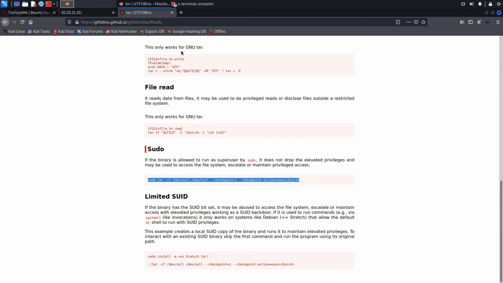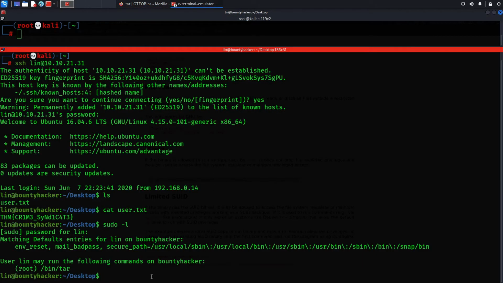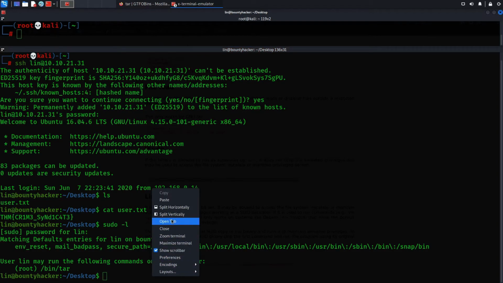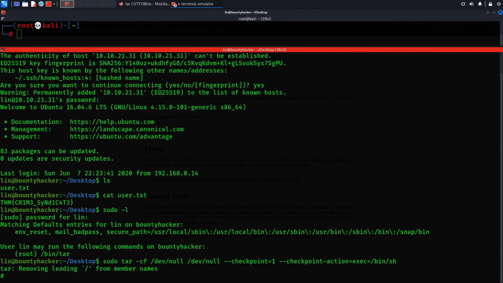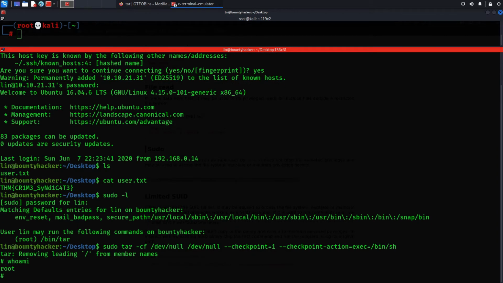Let's copy this script and paste it into the machine. And it's done. Let's check whoami. Root. Cool. Alright, now let's get the root flag.